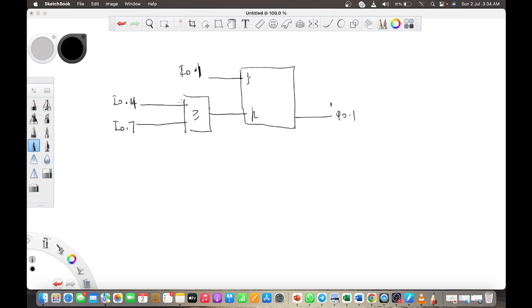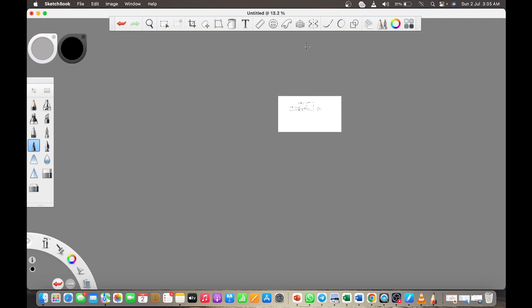Remember I said that for the overload and the stop, you always note them. So this means that when the stop trips, I get 0 here, it becomes a 1 here. And once I have a 1 here, I have a 1 here. Once here becomes 1, the motor will go off. So you always think about it that way. When I press the start, I have a 1 here. Once I have a 1 here, I get a 1 here, the main comes on. When the overload trips, I have a 0 here because it's cutting the circuit, so I notice I have 1 here. Once I have 1 here, I get a 0 here. So for that question,